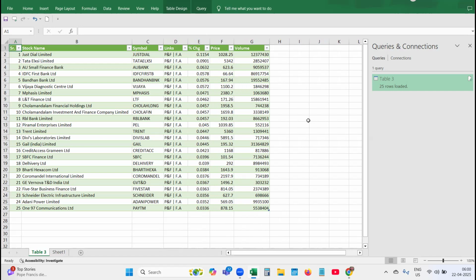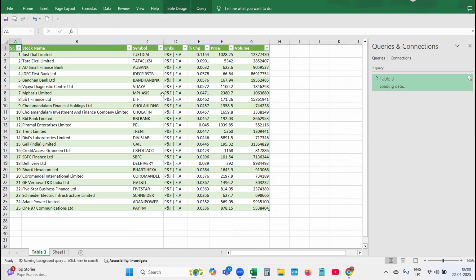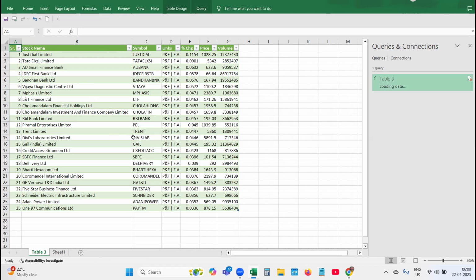You can see the price over here. Let me refresh all again. So you are getting these stocks.